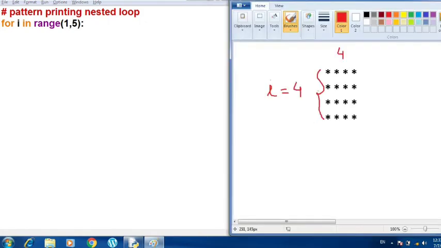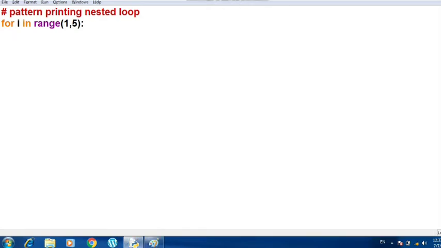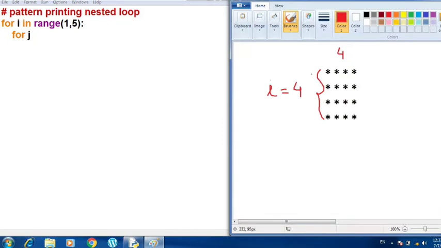All right. Now let us write the second loop. The second loop, which is the inner loop, is always executed for the printing part, that is, how many times you are going to execute the loop and what you are going to print. So we can see here that it is also executing 4 times.